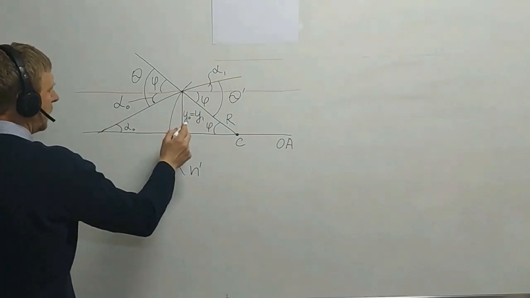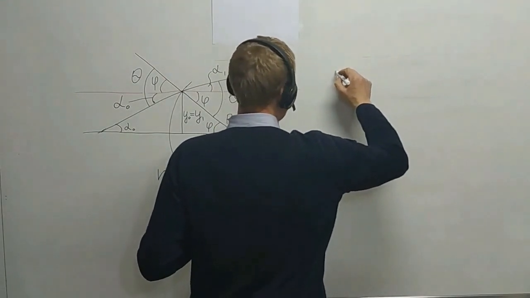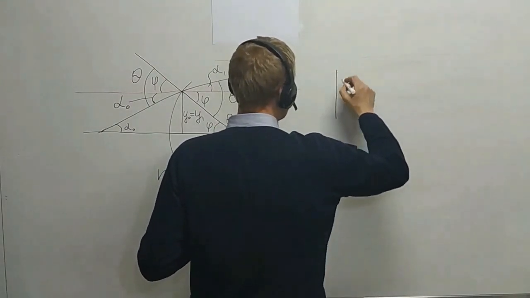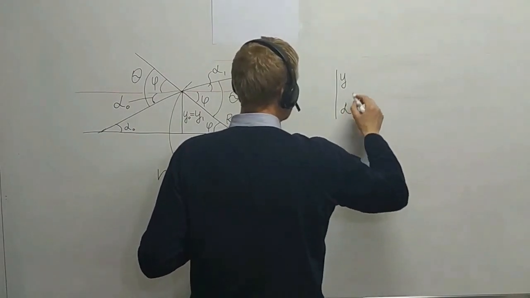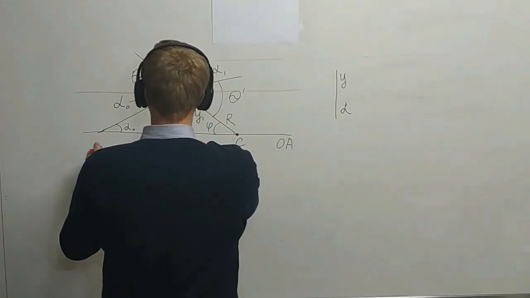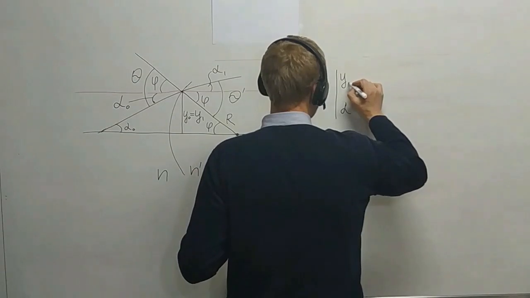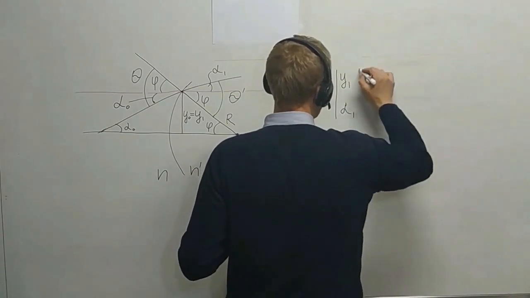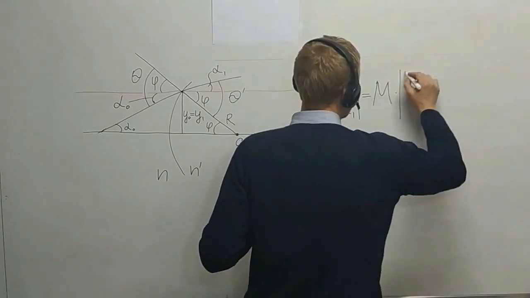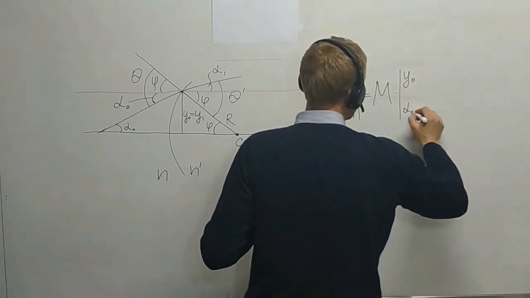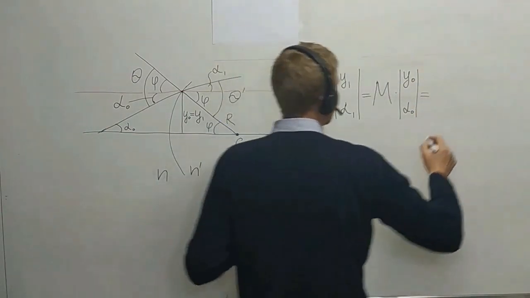y0 alpha 0 in matrix form corresponds to the incoming ray. I am looking for the matrix which converts the incoming ray to the outgoing ray. So I will have the expression y1 alpha 1 is equal to M times y0 alpha 0, and my answer I am expecting in the form